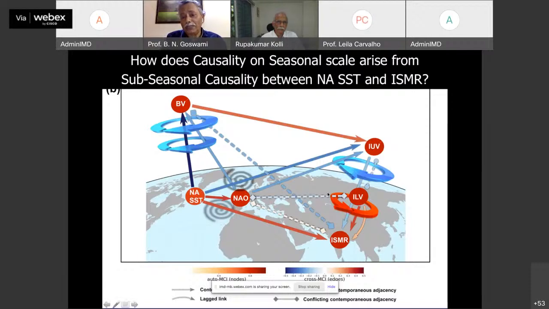One possible reverse argument is that if the monsoon is fluctuating on an intra-seasonal time scale, obviously it will have a lower level vorticity connection, and that lower level vorticity will have a divergence, with upper level vorticity associated with it. But this data shows clearly that it is the modulation of the upper level vorticity that is affecting the lower level vorticity, not the other way around. It is the lower level vorticity that is affecting the ISMR. So this clearly shows that external forcings are